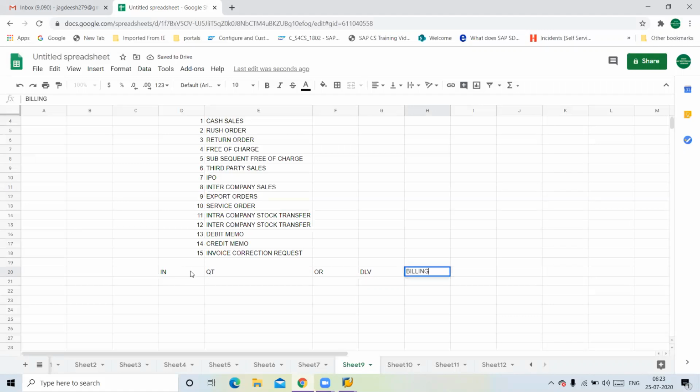In all these cases, if you see these two documents, before order, these two processes are called your preliminary documents. Pre-documents for your sales order business process.